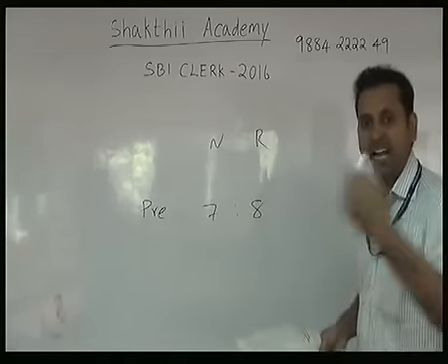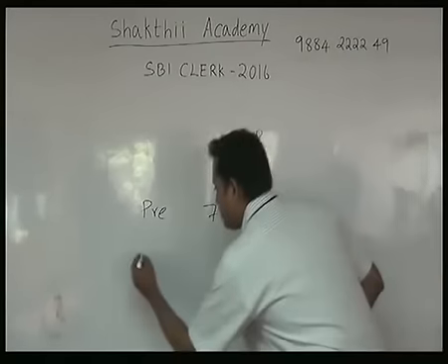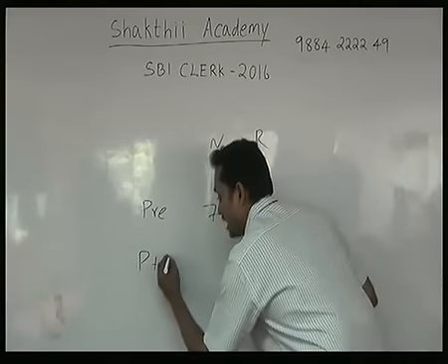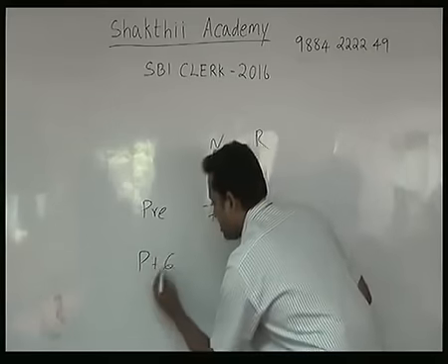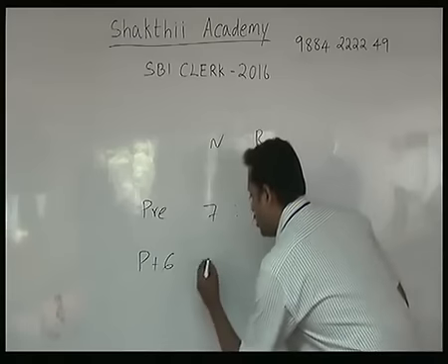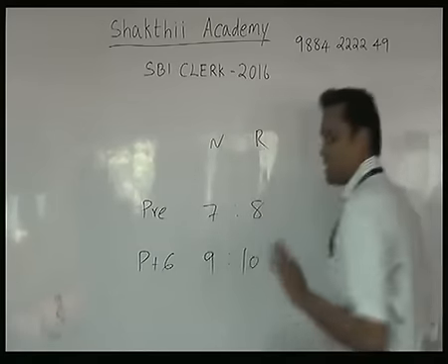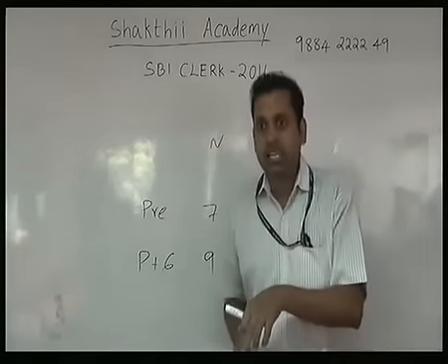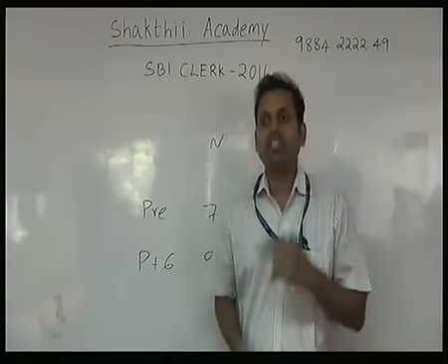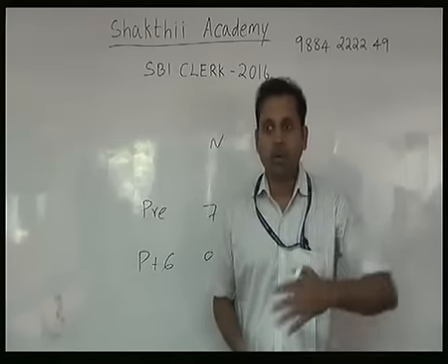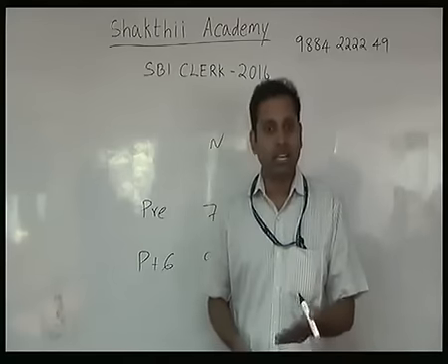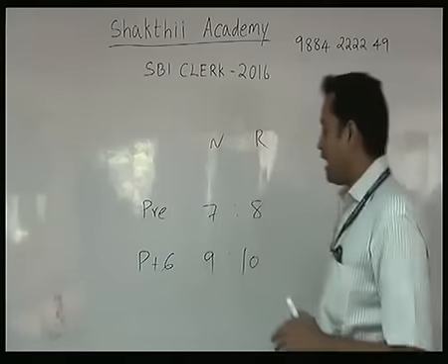Then what is the next thing given? 6 years hence, that is after 6 years. So that means from the present age, how many years after? 6 years. Clear? After 6 years, what is the ratio given? 9:10. Remember, you can answer this question after reading the question itself, within 2 seconds. You may think, why am I taking a lot of time to explain this? But after I explain, you will come to know how you can answer in 2 seconds. Clear? Now I'll take up the question.